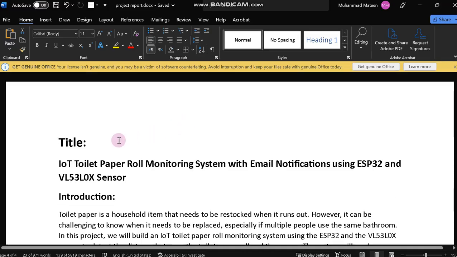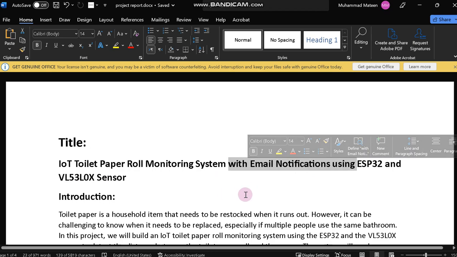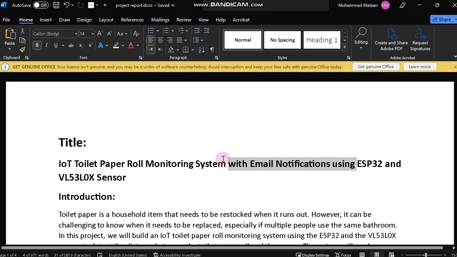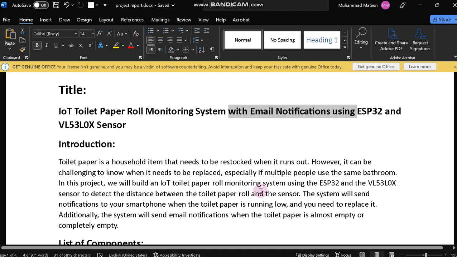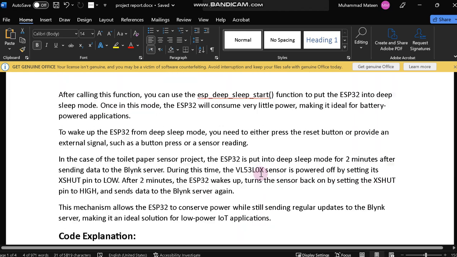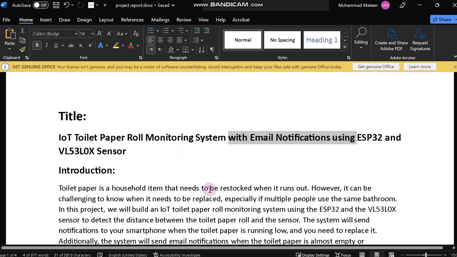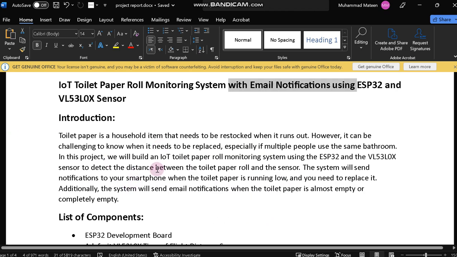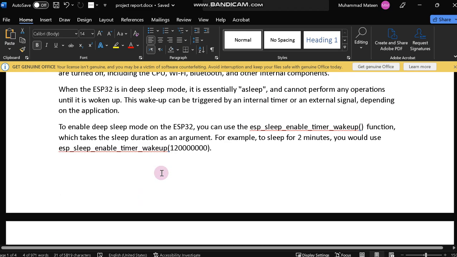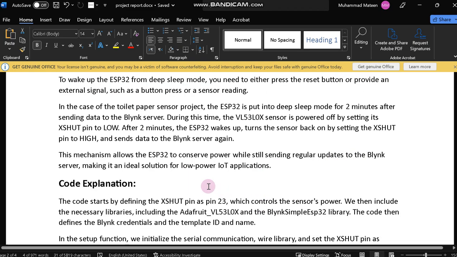Here is the report. I already sent a report, but I added email notification in the new report and also updated the code according to your requirements. Okay, I forgot about the email notification, but now I added everything, and also I optimized the code that works perfectly according to your requirement. You can write all the things if you want to